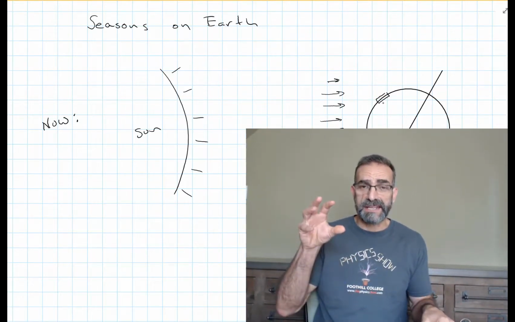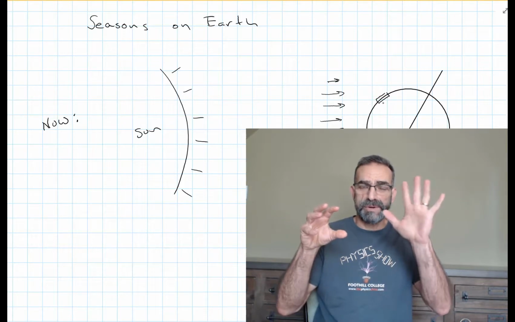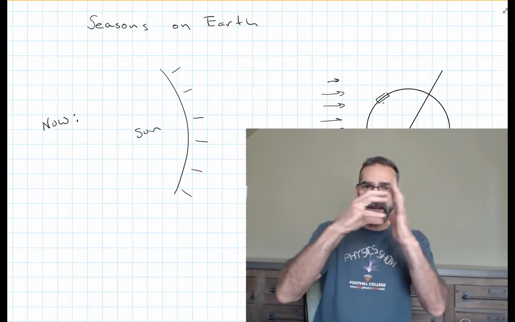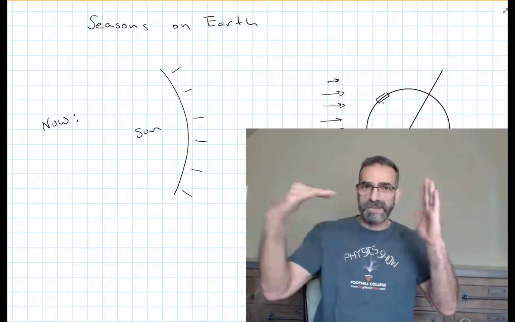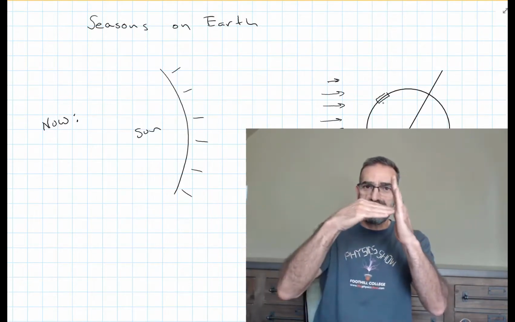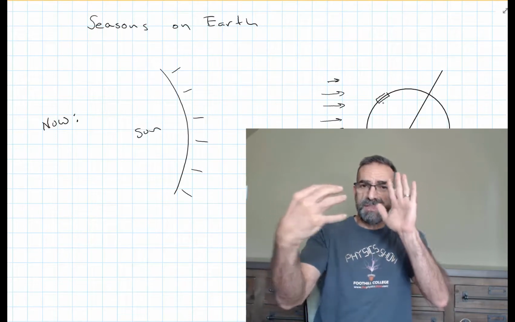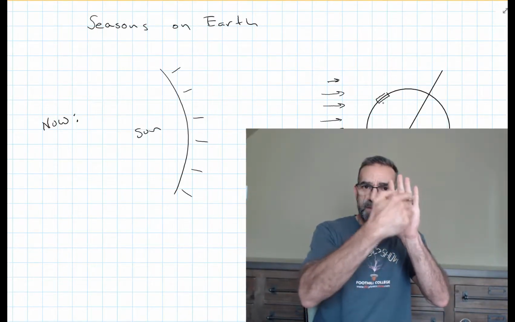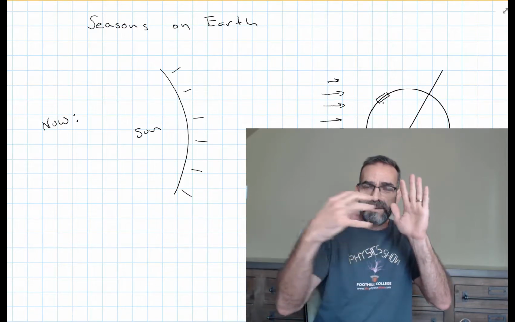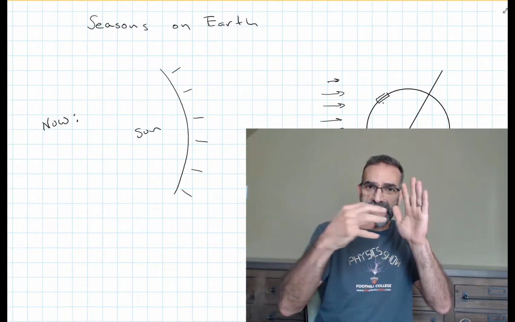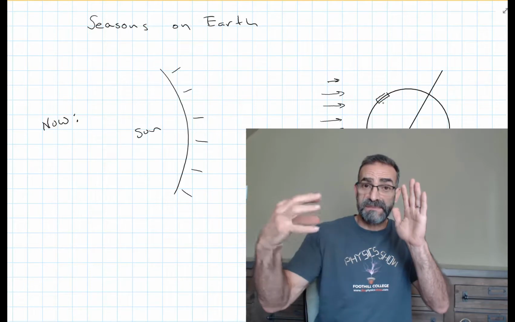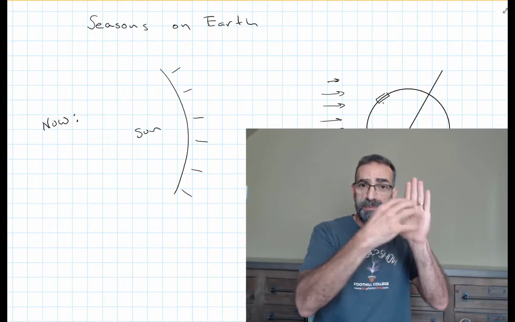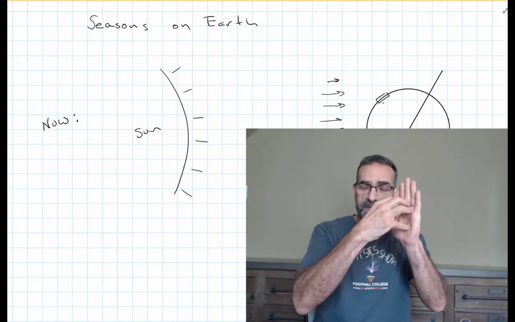If you've had a flashlight and a piece of cardboard or paper, and you shine that flashlight directly at the paper when they're perpendicular to each other, the rays are perpendicular to the surface, all of that light ends up in a nice tight circle on the piece of paper. All that energy that the light carries, because light carries energy, gets concentrated on a small area of that paper,